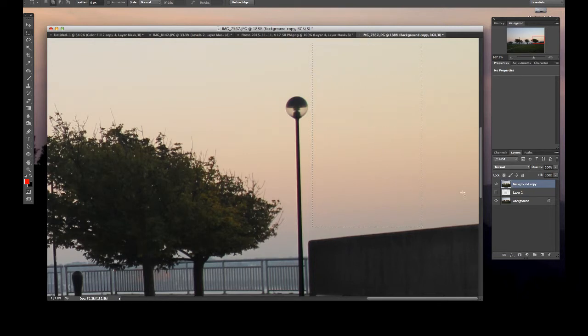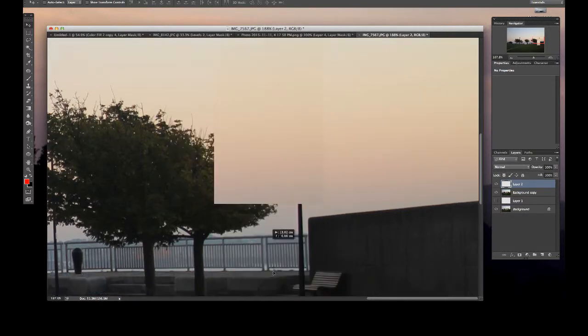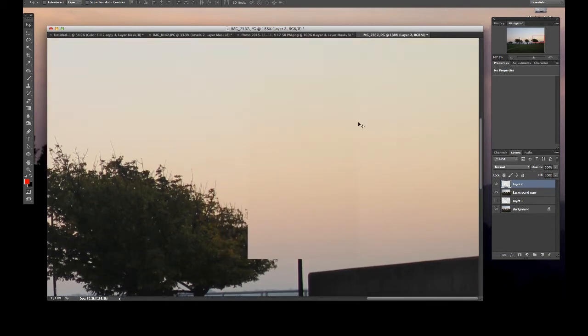There we go. So Command C to copy, Command V, or Control if you're on PC, V to click onto the Move tool, and then now we're just going to click and drag. Ideally you want to hold your Shift button just so that it doesn't move up or down. See, it just moves right. I'm going up and down, but it's not going, just because it's sky and the colors do change,